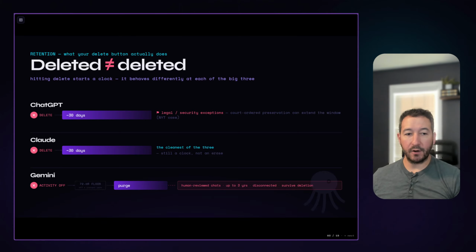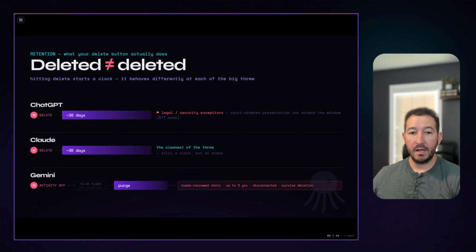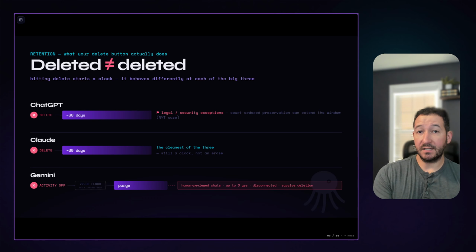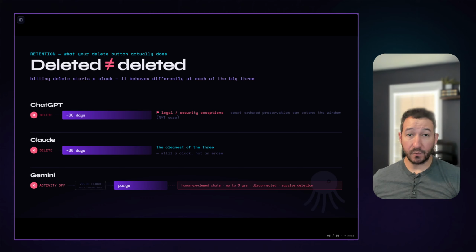Kind of the same thing for Claude. You hit delete in Claude, that 30 days starts, and at the end, your prompts, your content, your context is actually deleted. Gemini is a bit more confusing because with activity off, there's a 72-hour floor, and after that there are different account settings where your stuff is deleted in 30 days, 60 days, up to years.